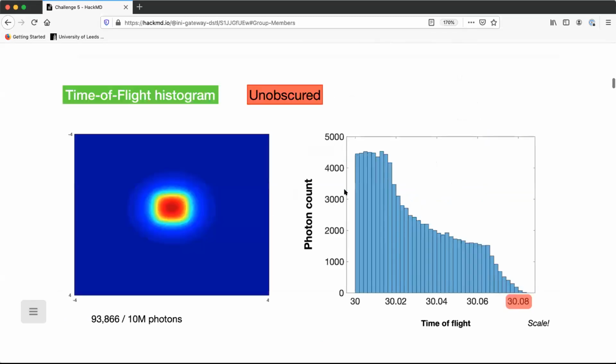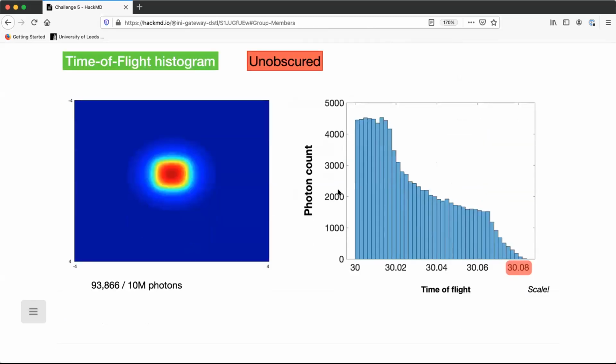So what can you get? Let's remove the screen and just look at it. So we did a trajectory of 10 million photons, and without the screen, you just see this image here of the metallic plate in the background. And you see already we lose a lot of photons on the way there without scattering, because we have to illuminate the scene. Only around 90,000 photons make it back.